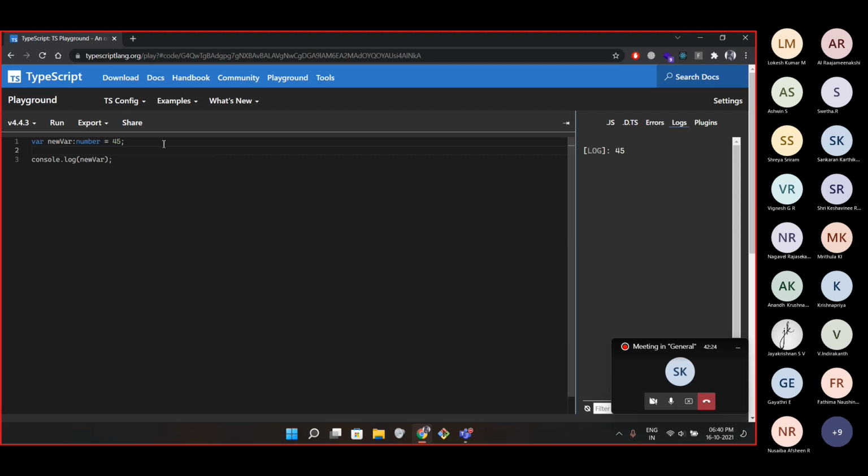Let's see, what if I try to change the value at runtime like I did in JavaScript. Let's say it's a string. As you can see, it shows an error. If I hover over it, it says type string is not assignable to type number. So this is it. The compiler prevents you from doing this kind of dynamic stuff that you used to do